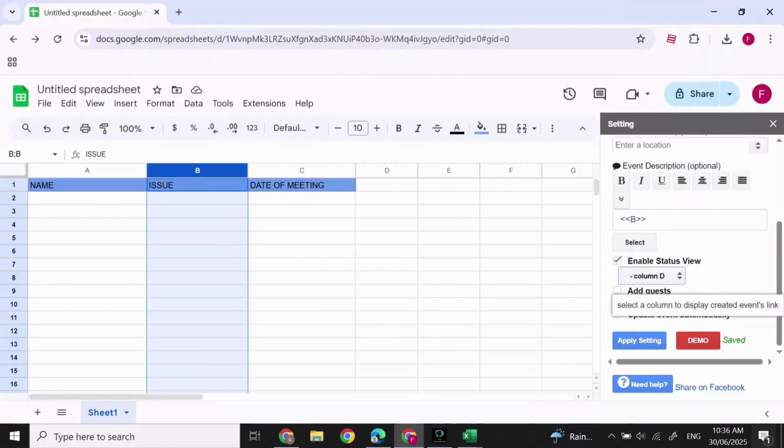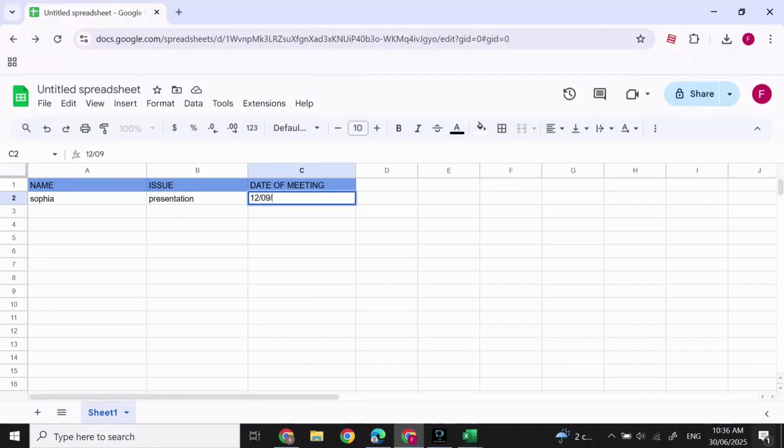After you're done, make sure Enable Status View is column D, which means your event will be shown in that. Then click on Apply Settings. After you have applied the settings, simply click on the cross mark at the top and then add name, issue,